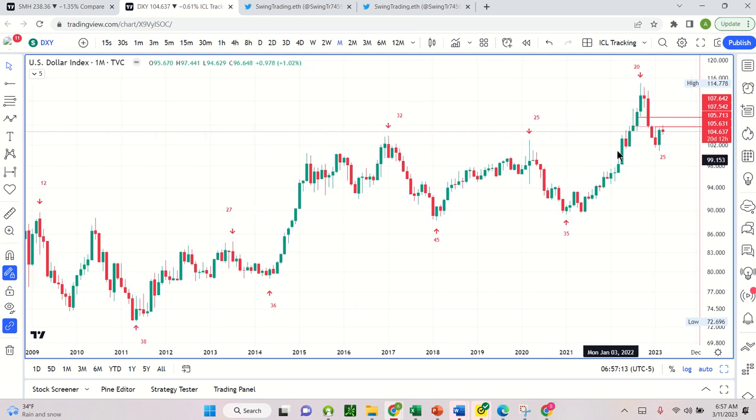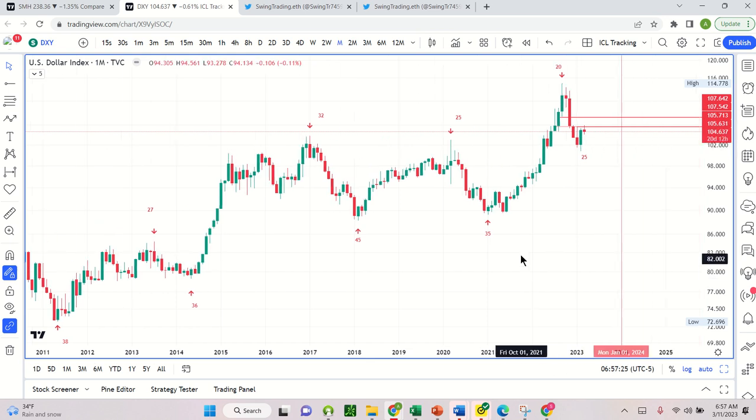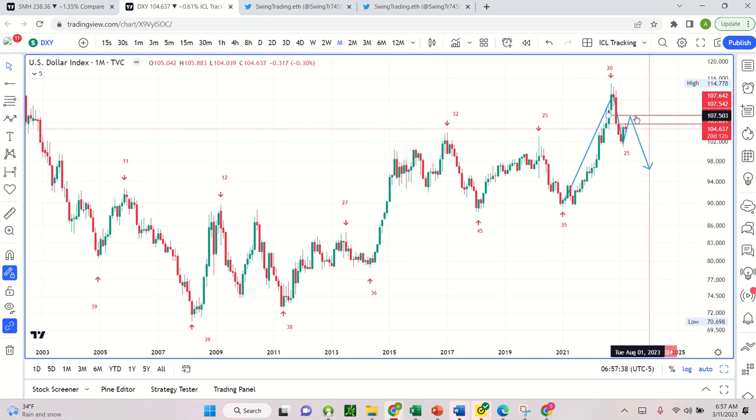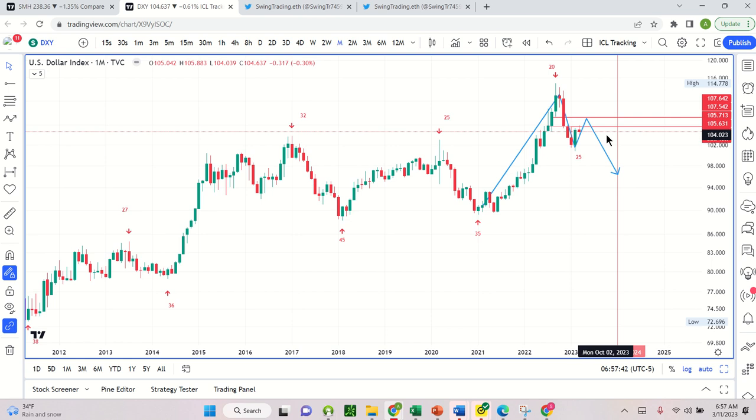We had this crazy rally up, and then we had a big swing high by breaking below the high of this candle, the September candle, on month 20. So this reversal is happening on month 25. The expectation was that we would have a cycle that's more like 35 months. So you're doing something like this, and then into a low like that. Again, unclear exactly how high we'll go here, but this number isn't random.